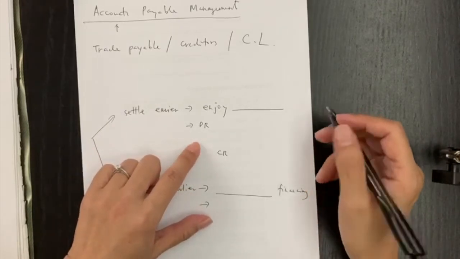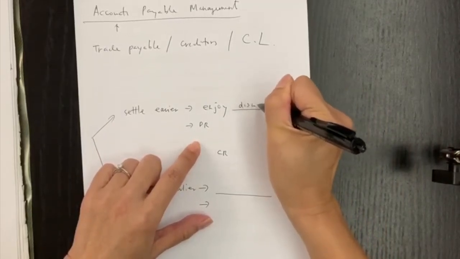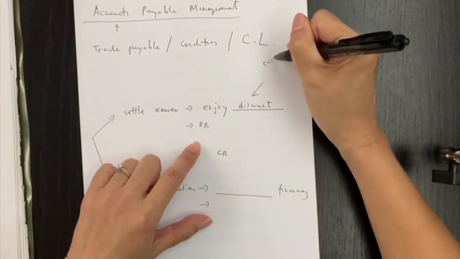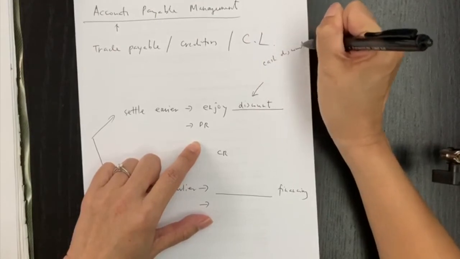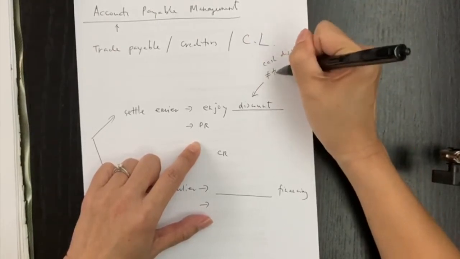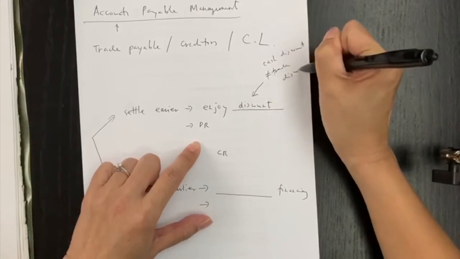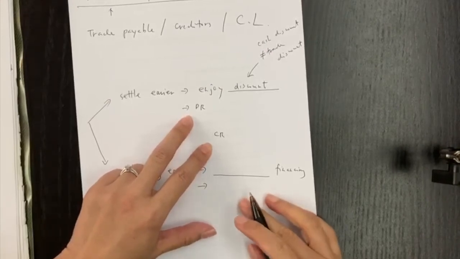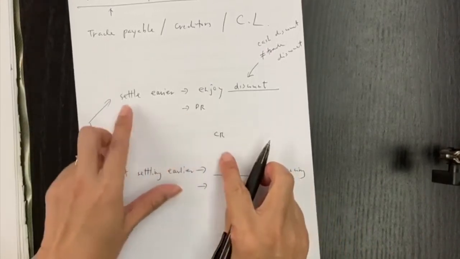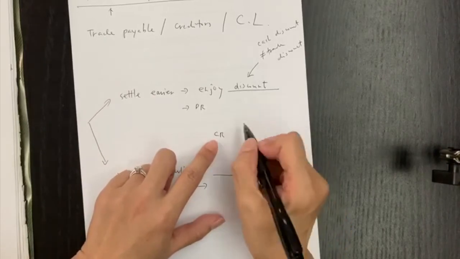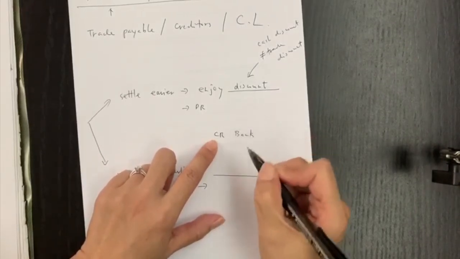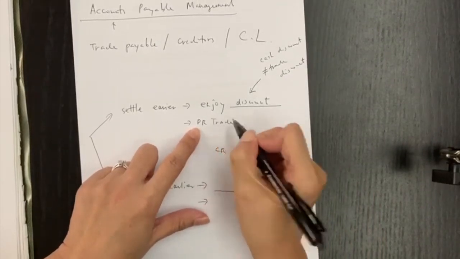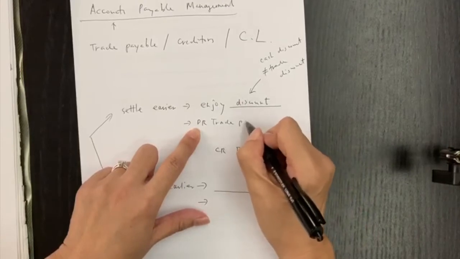So therefore, what can we enjoy? We can enjoy a kind of discounts, and this discount must be a kind of cash discounts, but not trade discounts. So we do some revision on that. Okay, all right, and let's also look at the double entry to do some revision. All right, so to settle earlier, that means we need to pay money, so we credit bank, and then we pay money to supplier, we pay money to creditor, so therefore we have less liability, so we debit